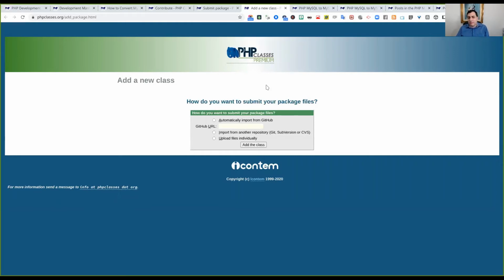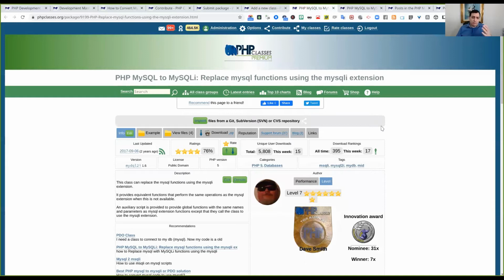Once you have submitted your package, you will see a page like this one on which you see a package, and you may see there is a link here that says blog. I'm showing a real package that is already published. In the case, it's the same package that refers to the article that we have seen before.